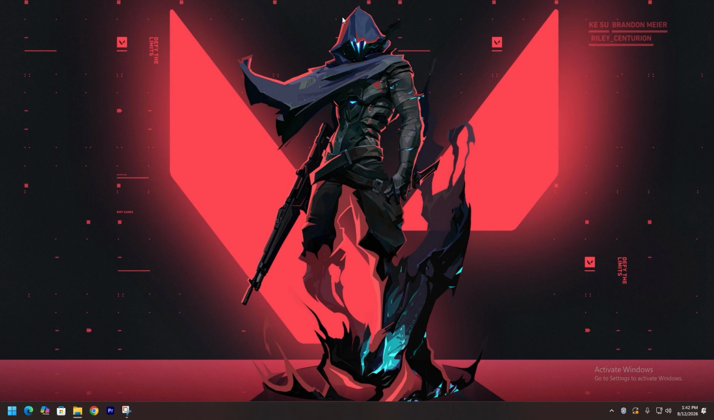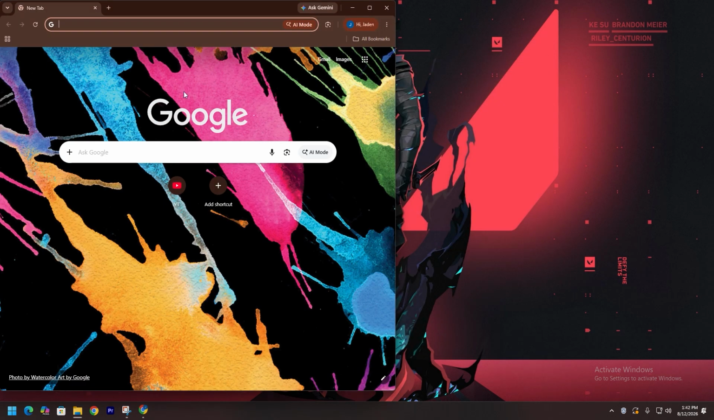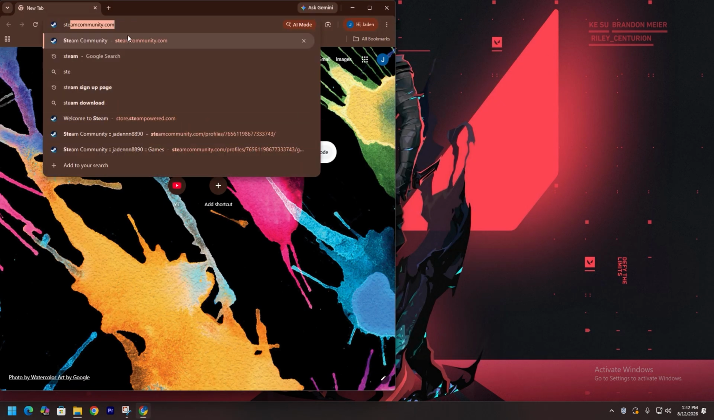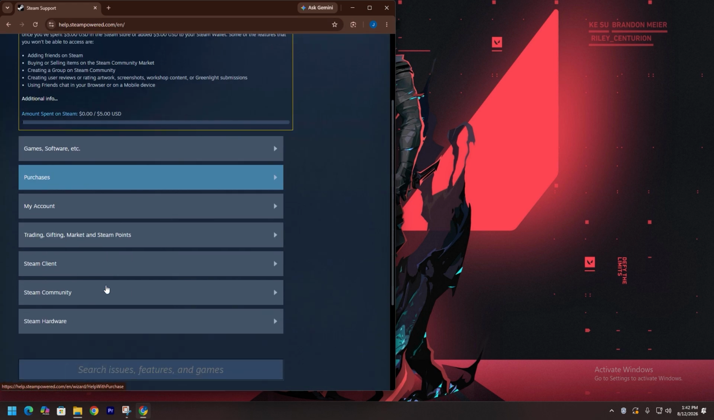How to enable Steam Guard two-factor. First, you want to simply go to your Steam over here, and once you're inside your account, what you want to do is simply type out Steam over here, and inside your Steam account, what you want to do is simply tap on support over here, scroll down and